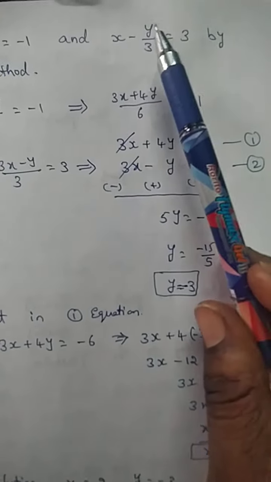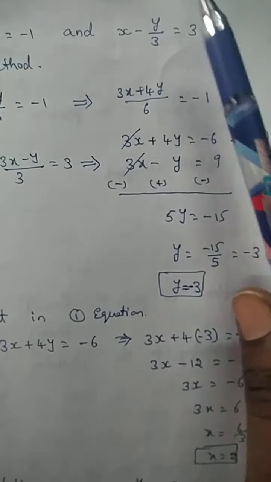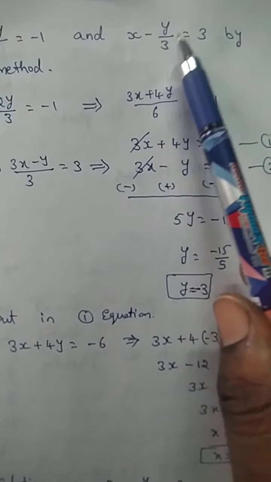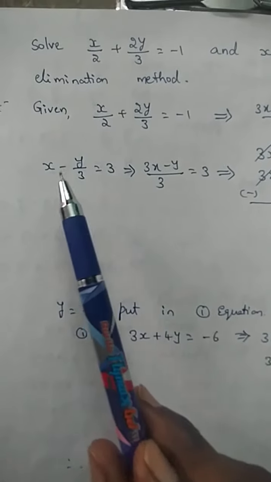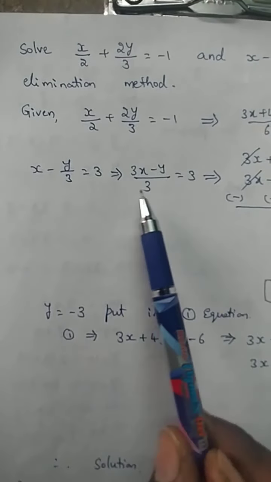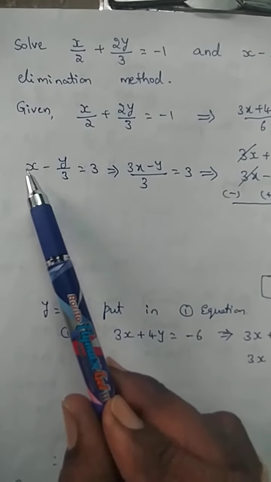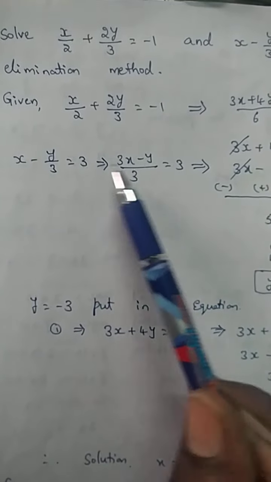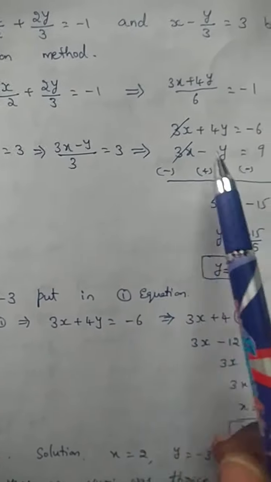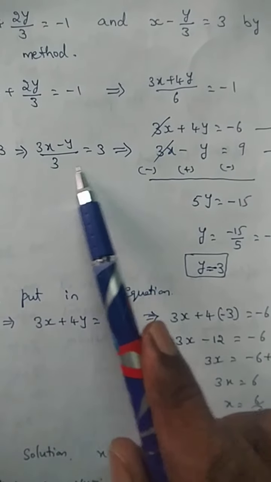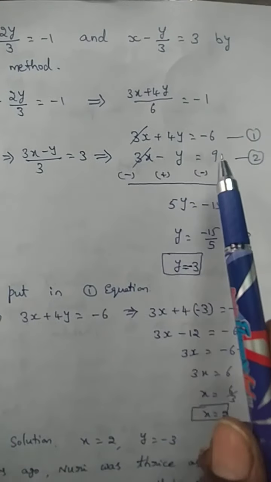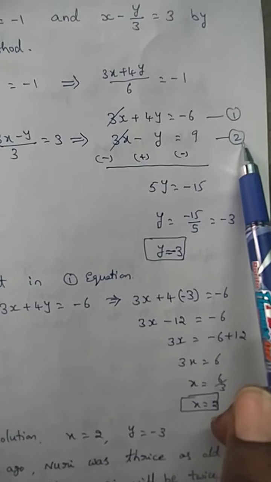Now the second equation given in the question: x - y/3 = 3. The y coefficient is rational, to be changed to an integer, so find the LCM of the denominators first. The denominators are 1 here and 3 here. The LCM of those two values is 3. So we multiply x by 3, giving 3x, minus y as it is, because both denominators are the same, equal to 3. Then the denominator is transposed to that side and becomes a product: 3 3s are 9. So 3x - y = 9. It's the second equation.